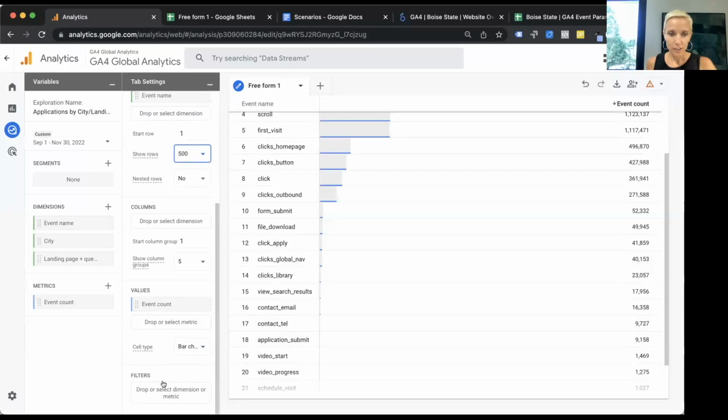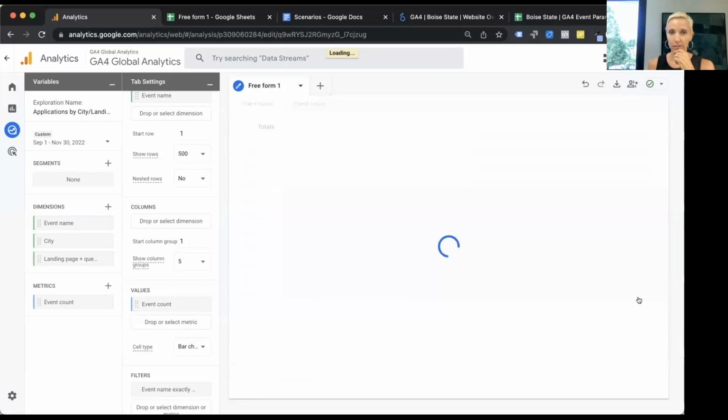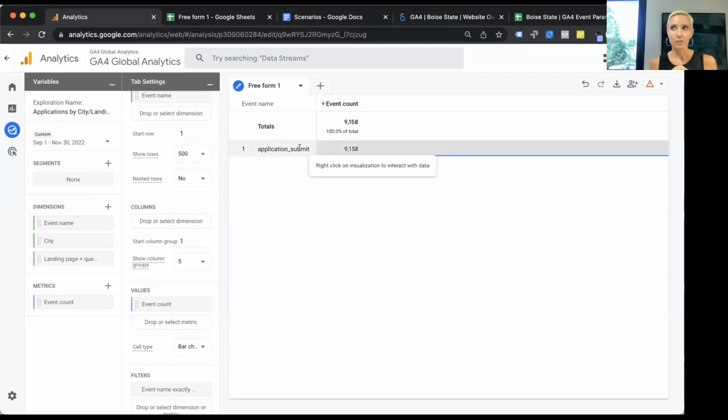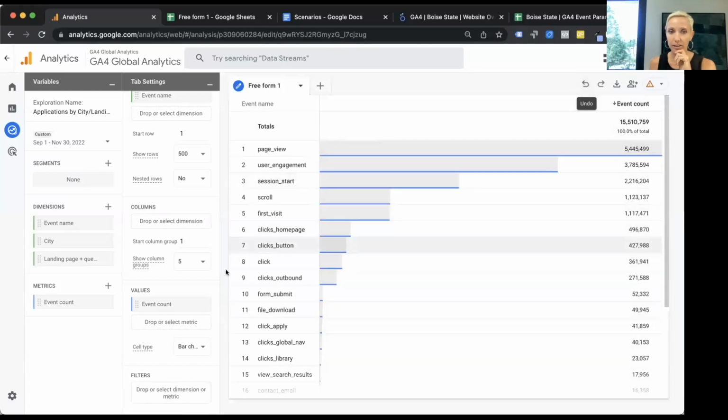Now, instead of just creating a filter down here, I can right click on the row and select include only this selection. So then it would filter it by default. So now I only have application submits, which is exactly what I want. Other times, if you want a set of events, but you want to exclude things, you can always undo what you've done by using the back arrow.